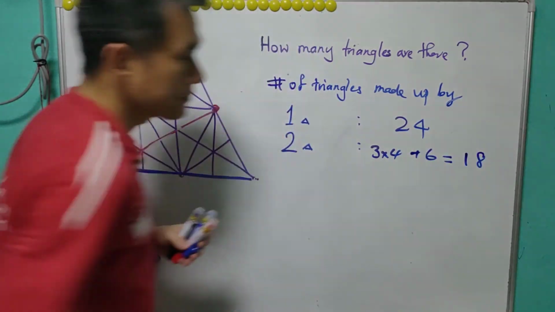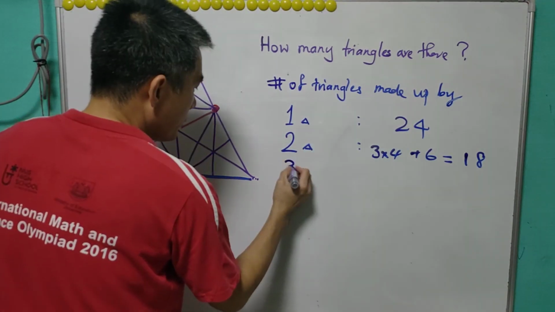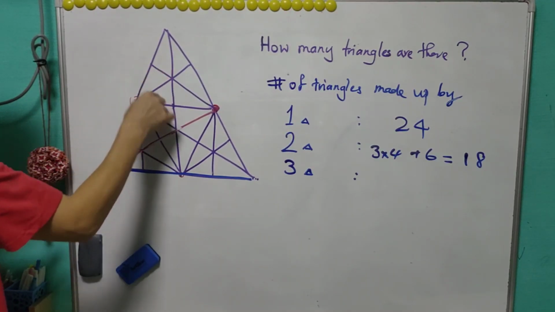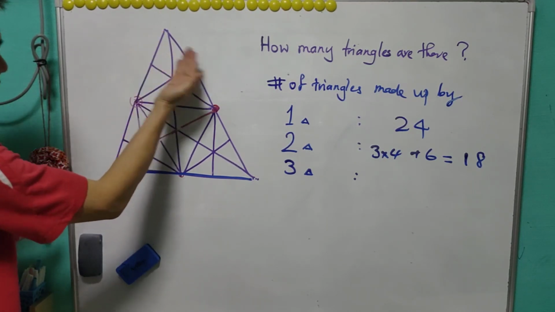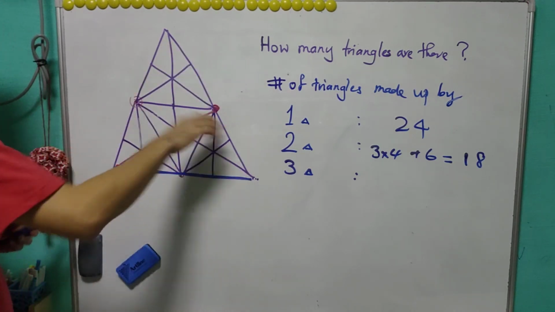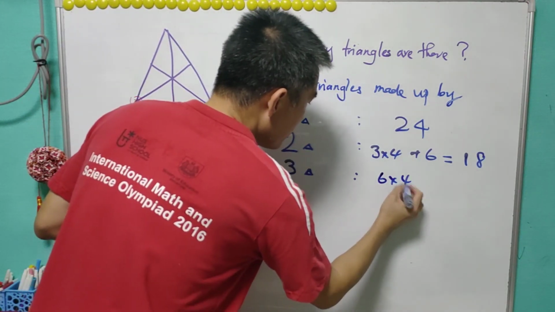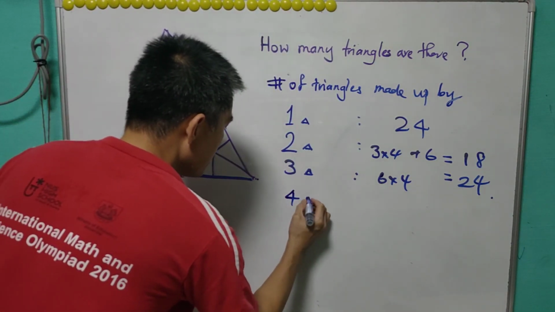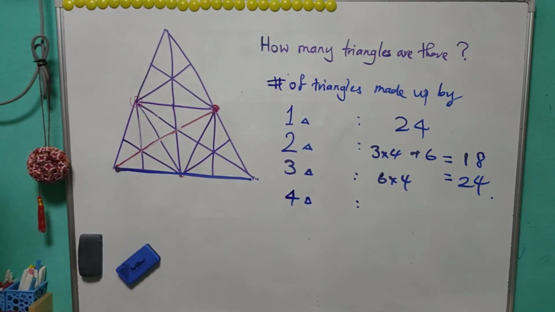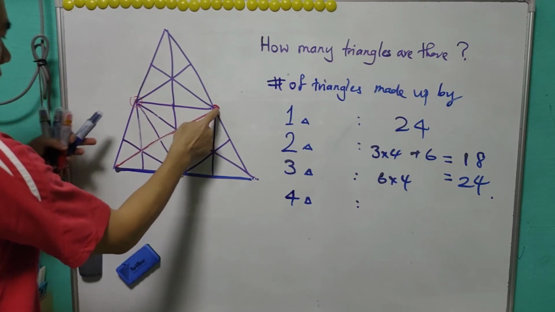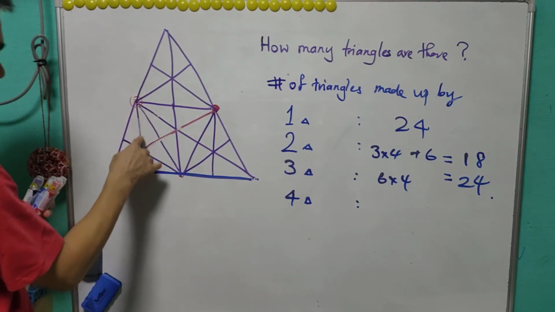Then the number of triangles made up by 3 smallest triangles, then we can have 1, 2, 3. This one here, there's 1, 2, 3, 4, 5, 6. 6 times 4, that is 24. And if it's 4 smallest triangles, then you can get it from 1, 2, 3, 4. You can get it from here. You can either get it from here,